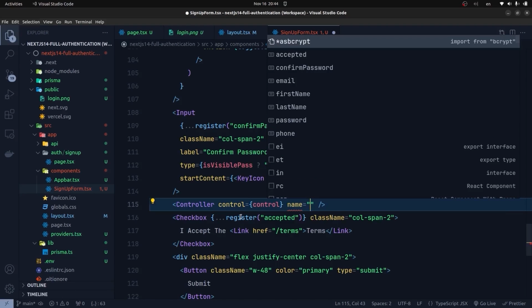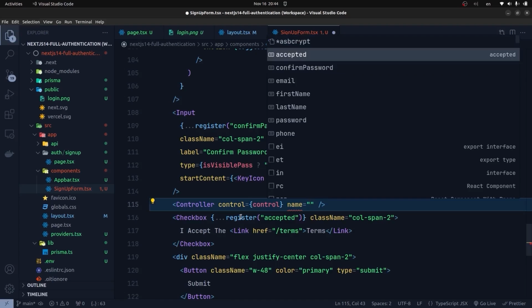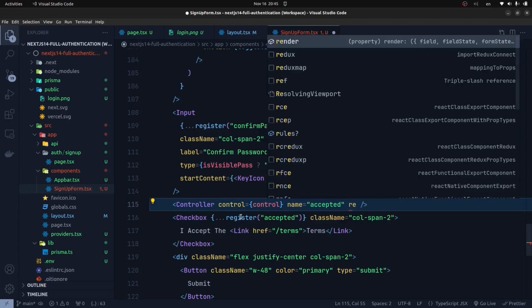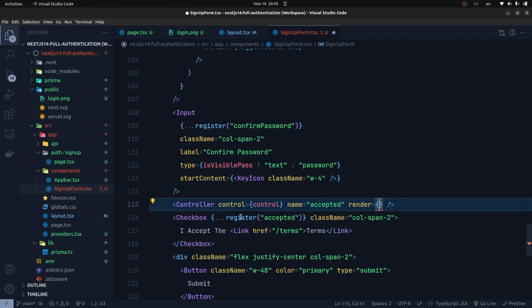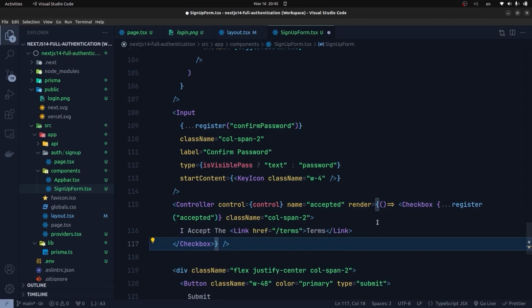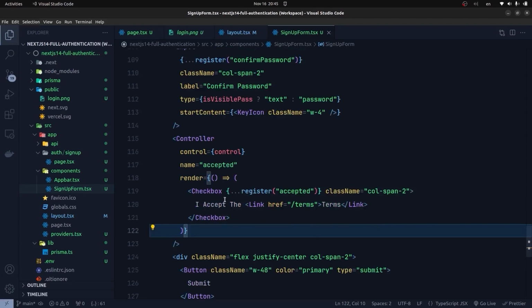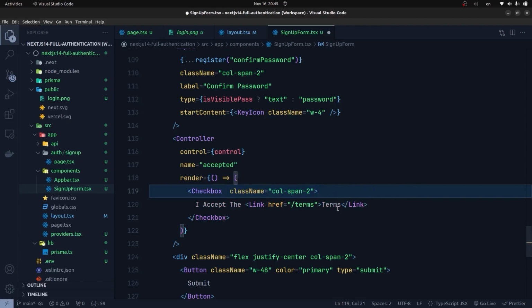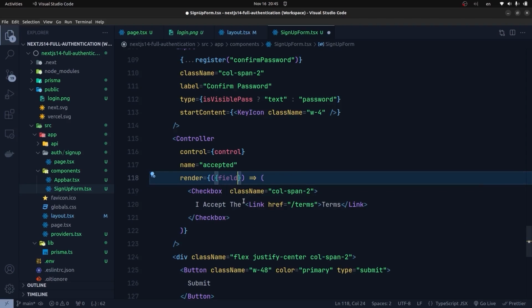And now if I open up the name, you can see we have autocompletion. So I select the accepted field. We're going to have a render function in which we need to render our checkbox. So we need to pass in a callback and then cut the checkbox here and pass it into the render function. We should remove the register function from the checkbox, and here let's extract the field from the callback function,